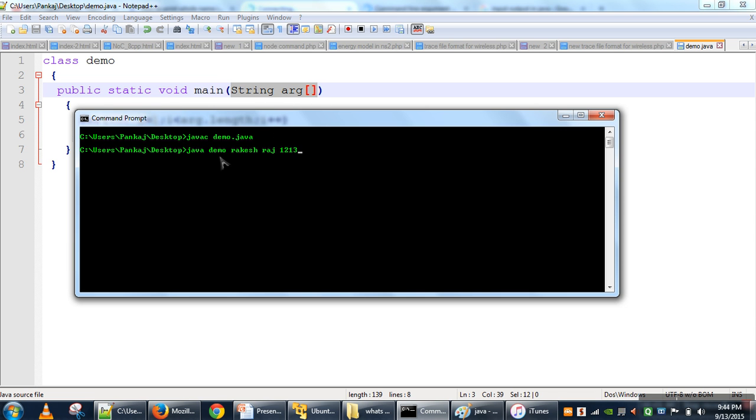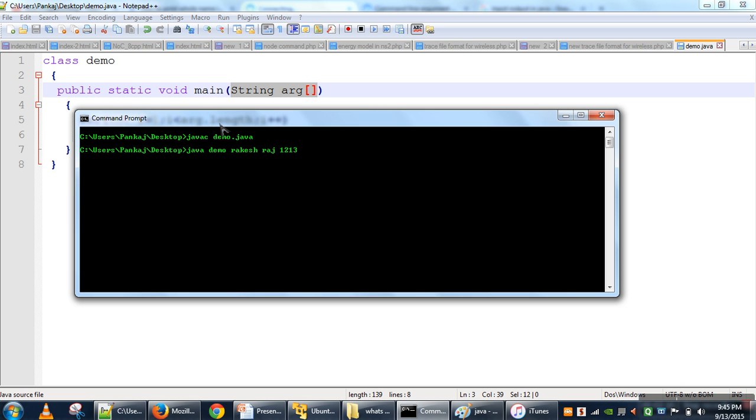So after the name of the file, like Demo Rakesh Raj 1213, Rakesh will be stored in this array at index 0, Raj will be stored at the first index, and 1213 is stored at the second index. Whatever information we specify here will be considered as strings. So this array will have all those arguments.